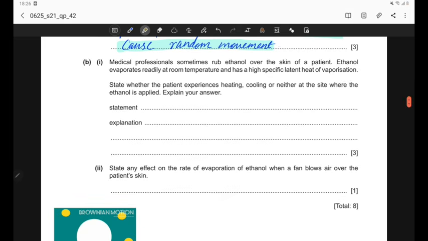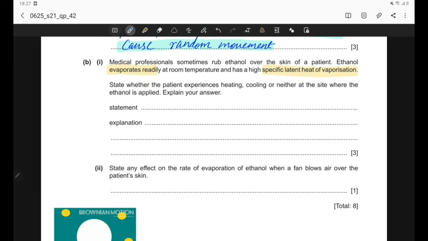Part B. Medical professionals sometimes rub ethanol over the skin of a patient. Ethanol evaporates readily at room temperature and has a high specific latent heat of vaporization. State whether the patient experiences heating, cooling, or neither at the site where the ethanol is applied. Explain your answer. So here when the ethanol is applied on the skin, ethanol will evaporate, and for the evaporation process